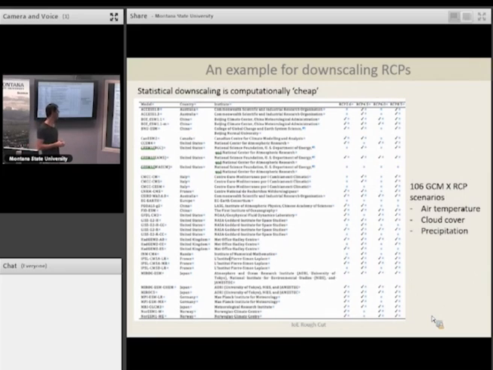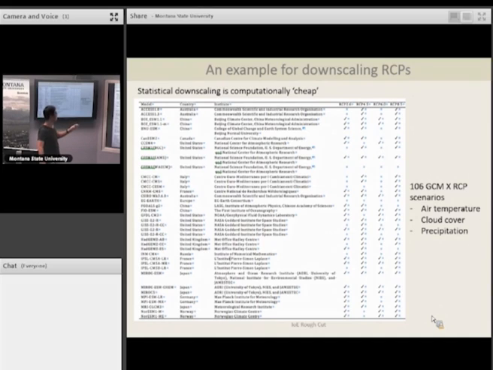cluster. For doing this, we are using a more economical computational way, instead of using the dynamic downscaling approach, because that is, I would say, a high computational cost. So we did it for 106 GCMs and for different RCP scenarios,